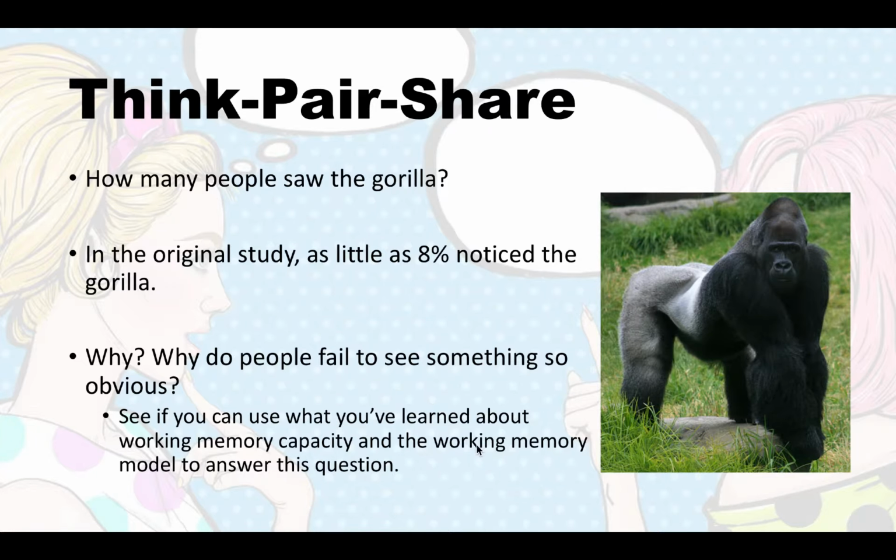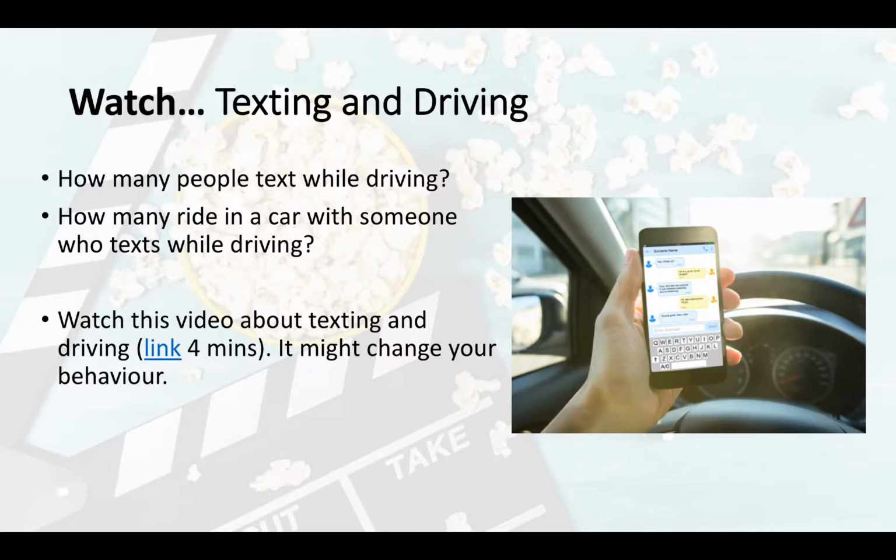One possible explanation for this is that our working memory is limited. So when we overload one aspect, in this case our vision, by trying to count the basketballs, there's no space to then perceive anything else. And again, that's because of our limited capacity for working memory.